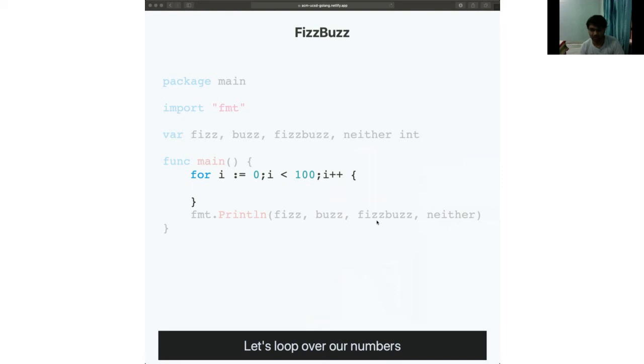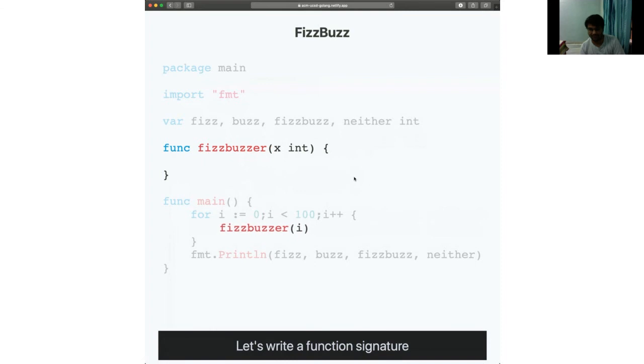So we start with the initial statement i is 0. Again, we use a shorthand notation, which I mentioned. It means declare a variable named i and assign 0 to it. Then we have this condition expression, which executes after each body, like every other language, and i++ is just like every other language. And inside this loop, I'm not really sure what I want to do.